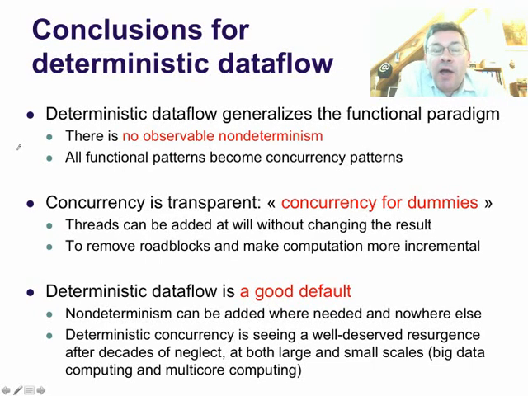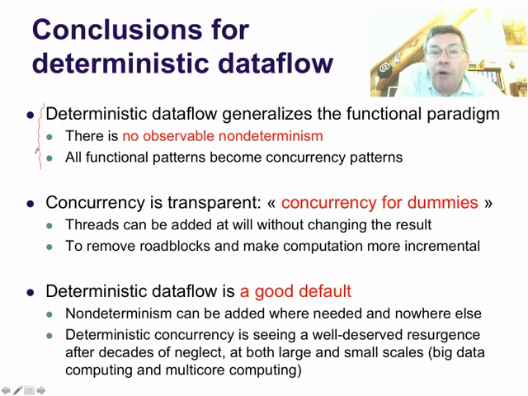We have now had 2 lessons on deterministic data flow concurrency, introducing the basic concepts, the semantics, and showing a number of programming techniques and examples. So, what can we say about deterministic data flow? Well, it's actually a form of functional programming, a concurrent generalization of functional programming, and it keeps the good properties